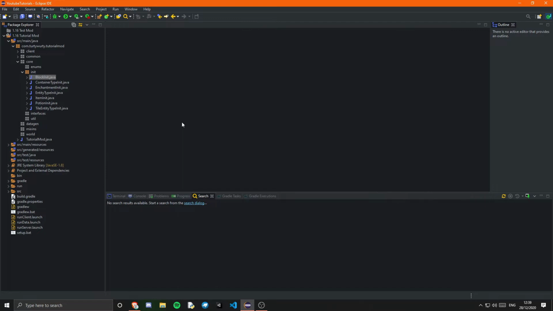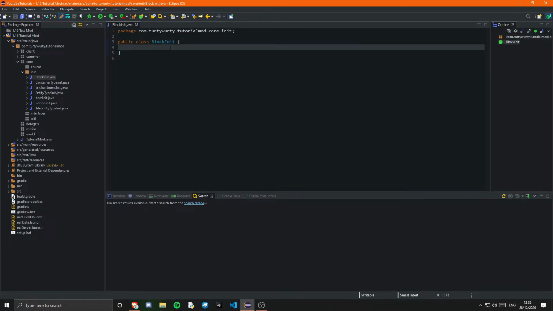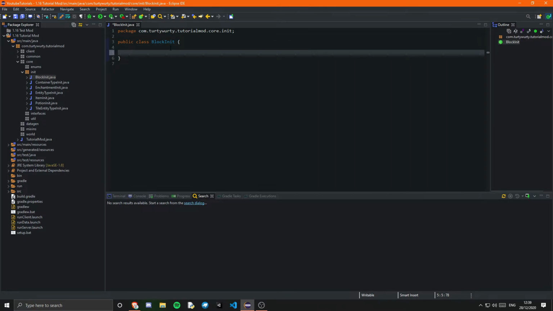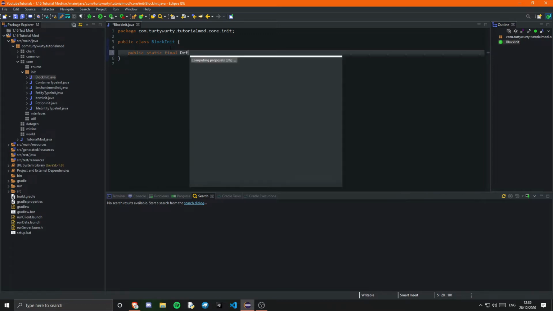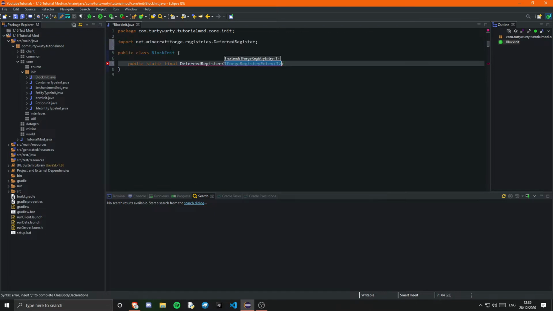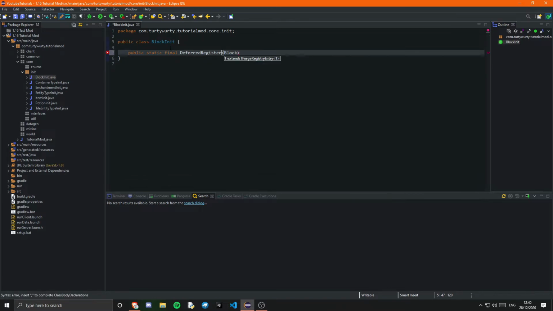So all you really need to do is go into our block init, which is a class I created in the organization video, and in here we once again want a deferred register. So that is a public static final deferred register, and for this we will put block. Actually, we cannot import block yet, but we can call this just blocks, and that will be equal to deferred register